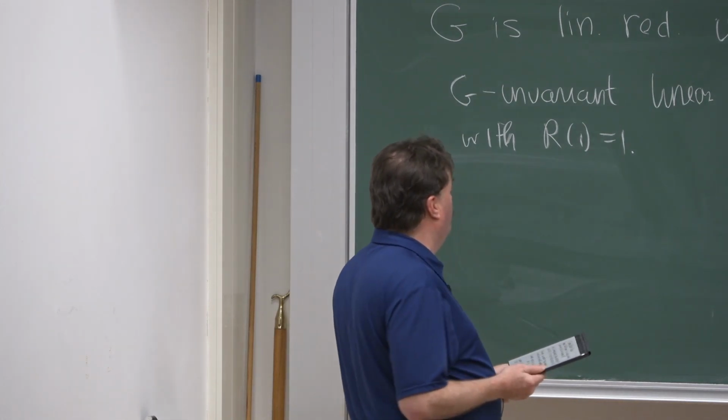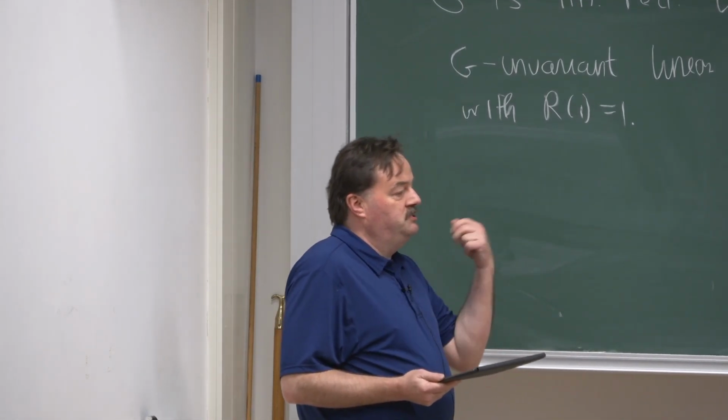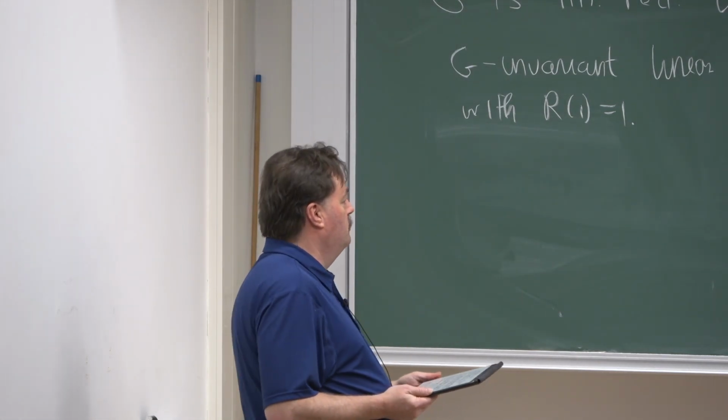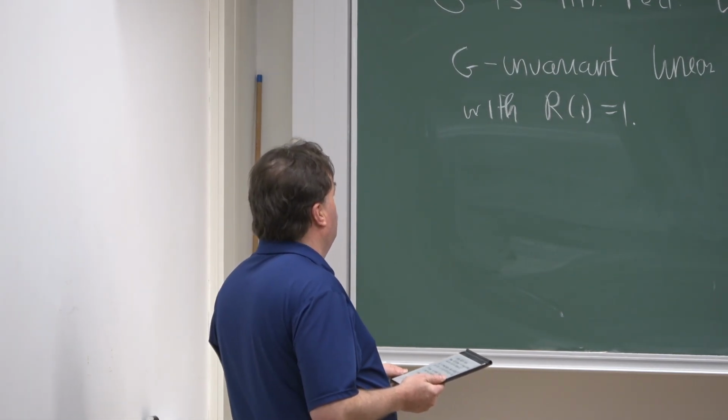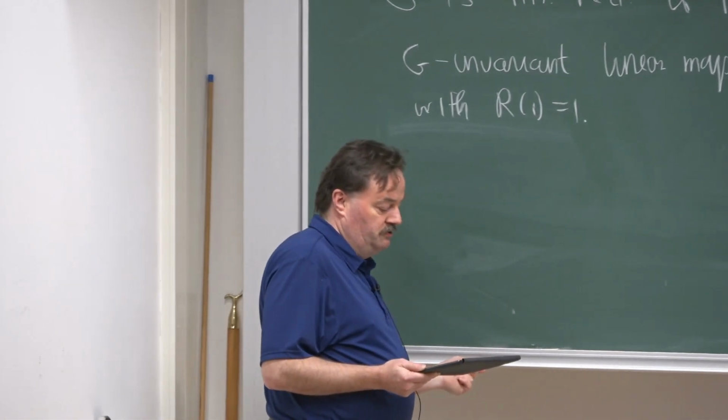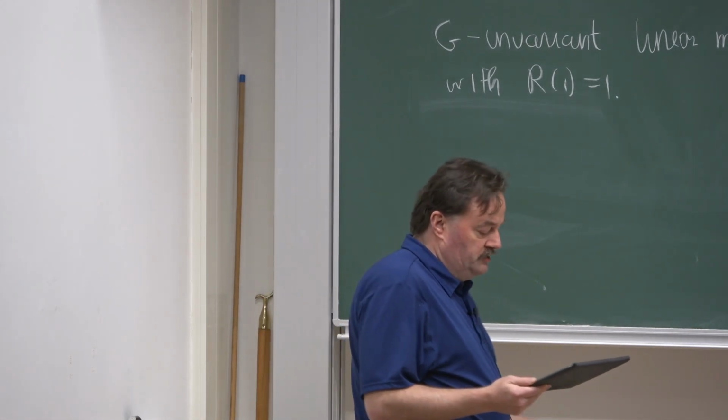In characteristic 0, all the classical groups like GL_n, SL_n, the symplectic group, and so forth, are all linearly reductive. But in positive characteristic, those groups are not linearly reductive. For example,